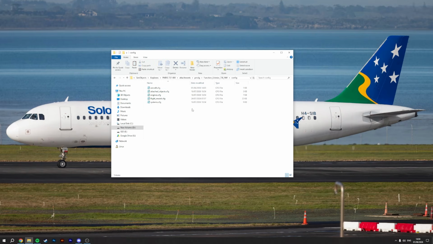We now need to create a new preset folder for our 737 without winglets. To do that, go back to this folder here and you'll find the presets folder. Go inside, then go to the PMDG folder, and you'll see these folders here. Now like we did in the attachments folder, we need to copy one of these folders, paste it back in,